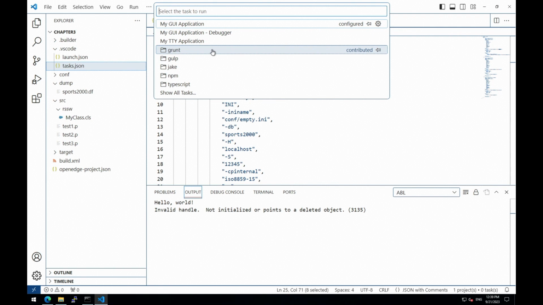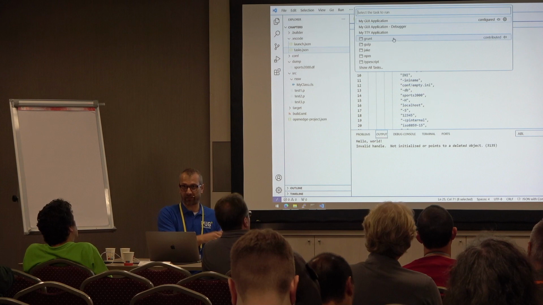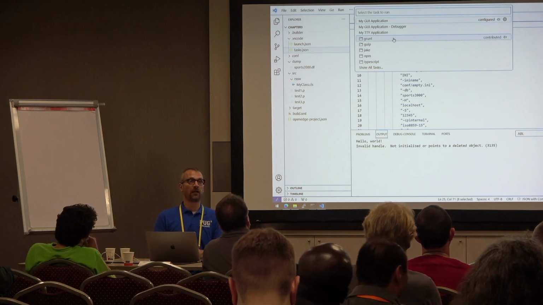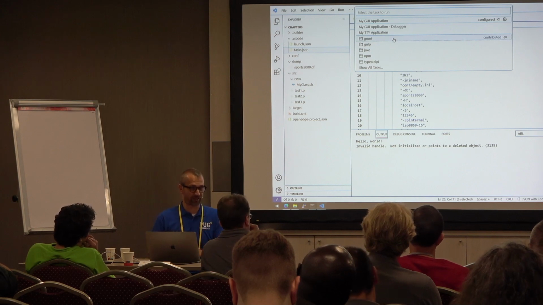You can share the various startup modes of your application, one mode with the debugger, one mode with a lot of log output, for example, one mode with passaway, one mode with, I don't know, whatever you want. Make sure that you don't hard code anything, because that will be executable by everybody, which means that will be executed in a different work directory, probably, because your colleagues will check out source code in a different directory than your checkout directory. So you have to be as platform agnostic as possible.